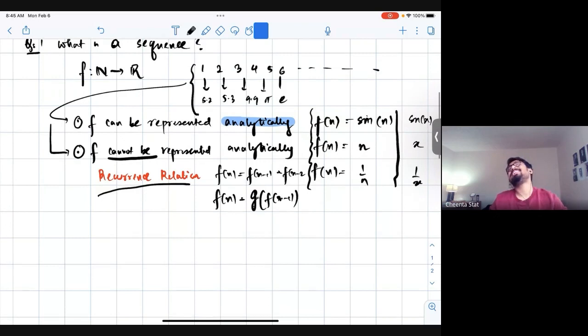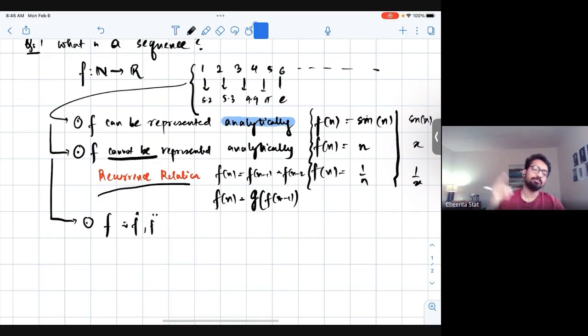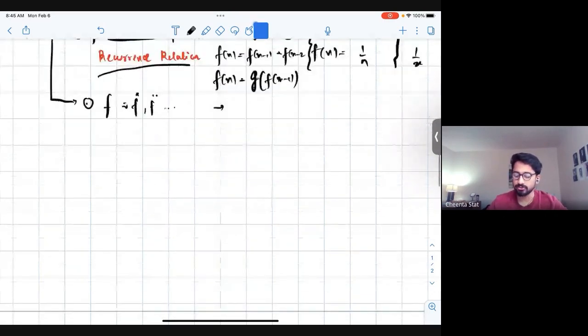So are there other ways? Yes, of course. You can always define a function in differential equation format, and then use that function here. That function you define as f dot, where f dot means f dash and f dot dot means f double dash, and all these things. But this is not in the syllabus. In our course, we will be focusing on these two types of things.